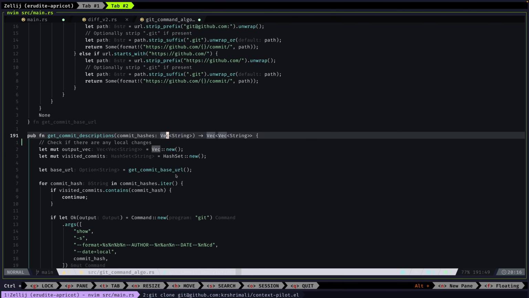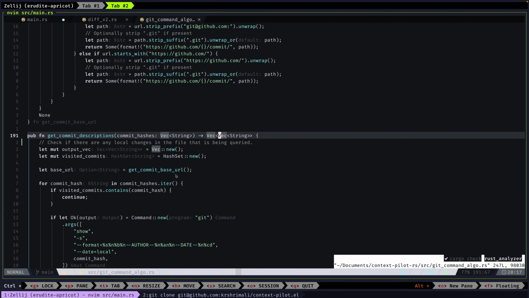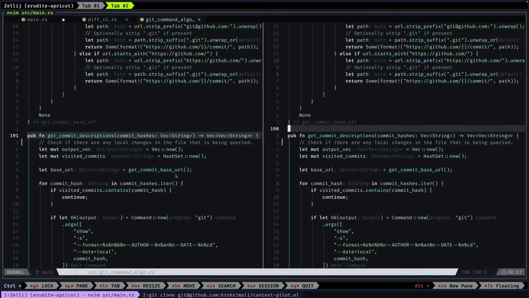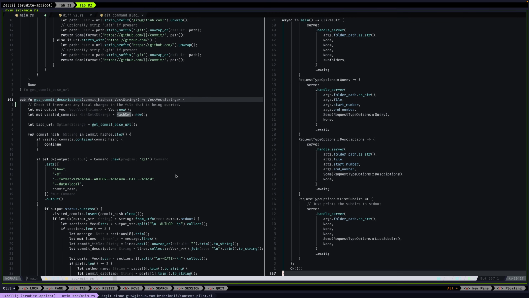Yeah, I think at this point I would also want in the file that is being queried, right? So you only want to do it for the file that is being queried. If the local changes are there, you want to revert them and try to find the old line number. So for this, I think I should go to